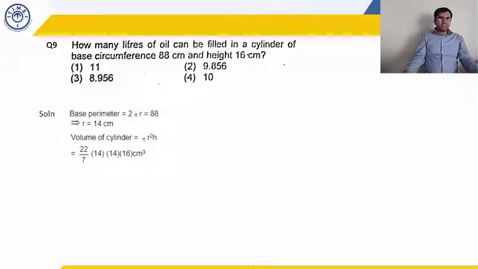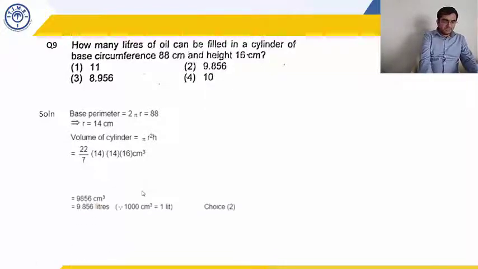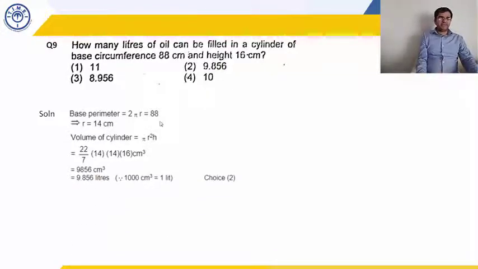Actually, these answer options are not very good. A better way to give the answer options would have been to give 9856 as an answer option, so that if a student gets 9856 and is in a hurry to move to the next question, they quickly mark it and move forward.